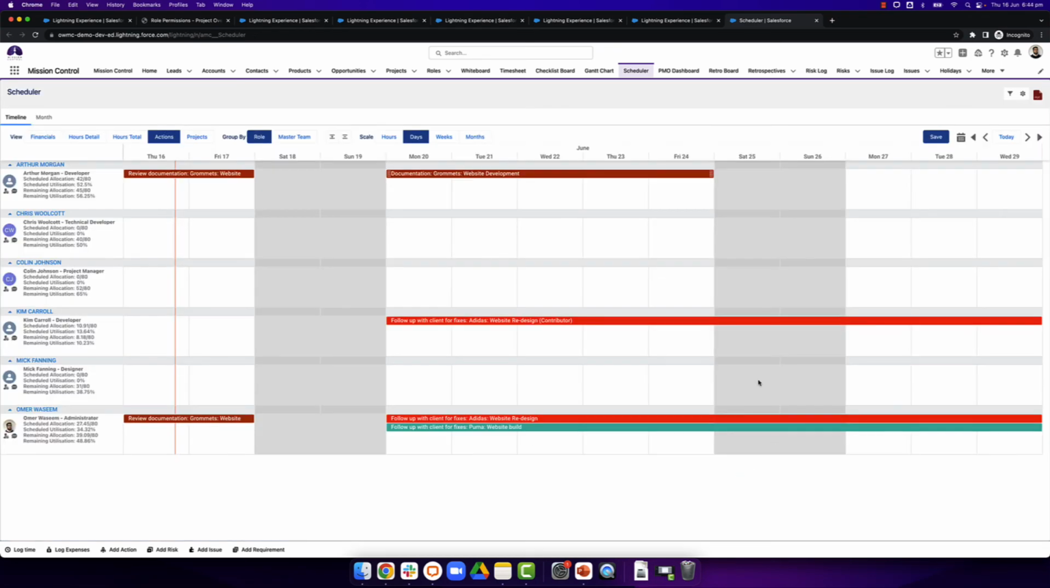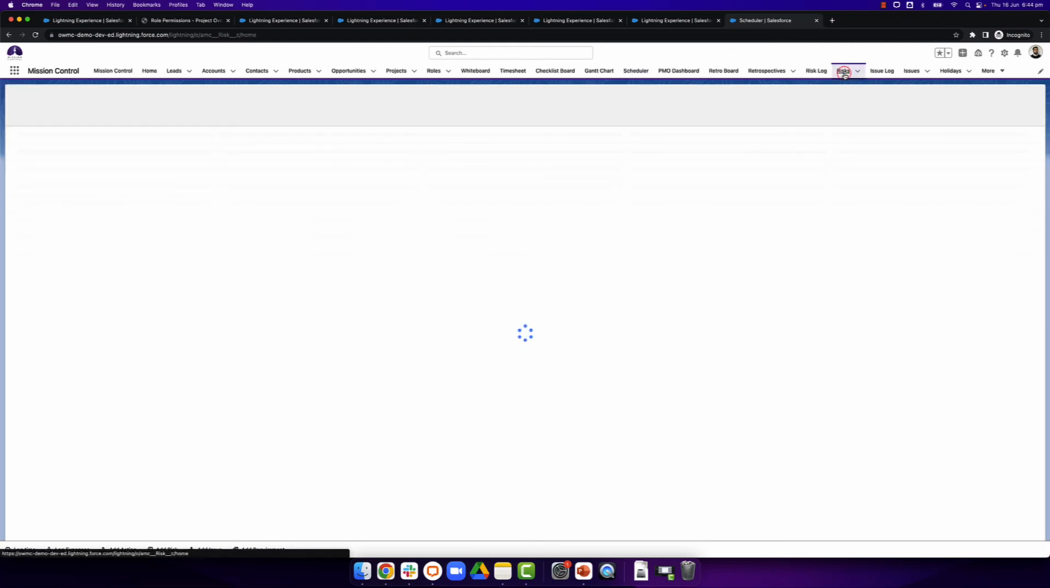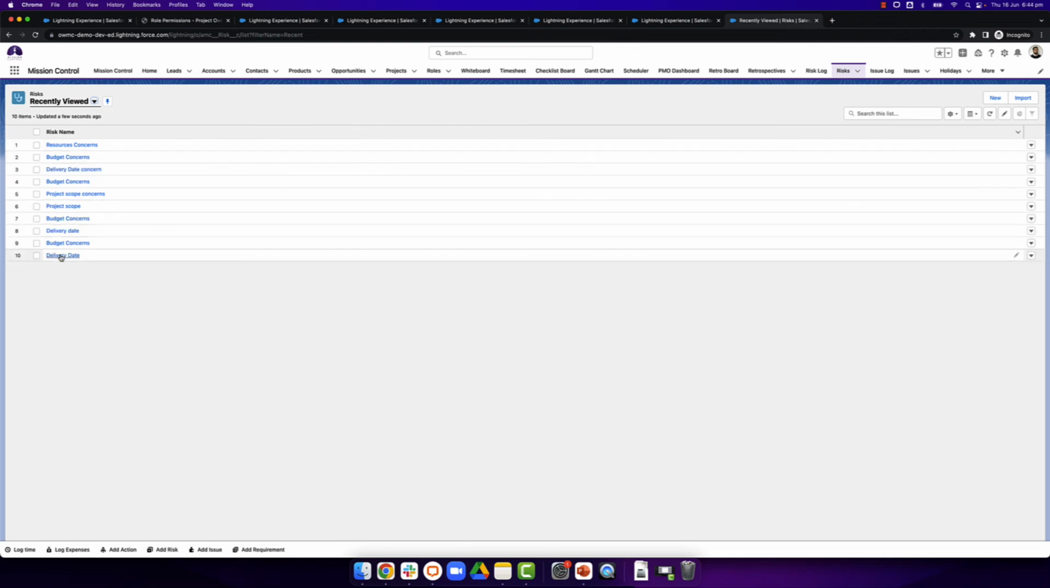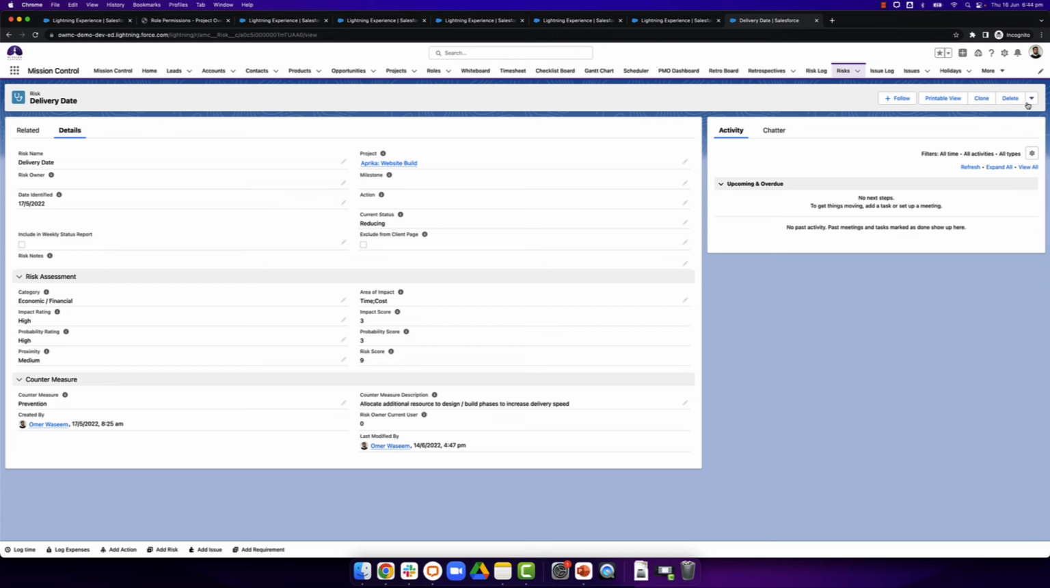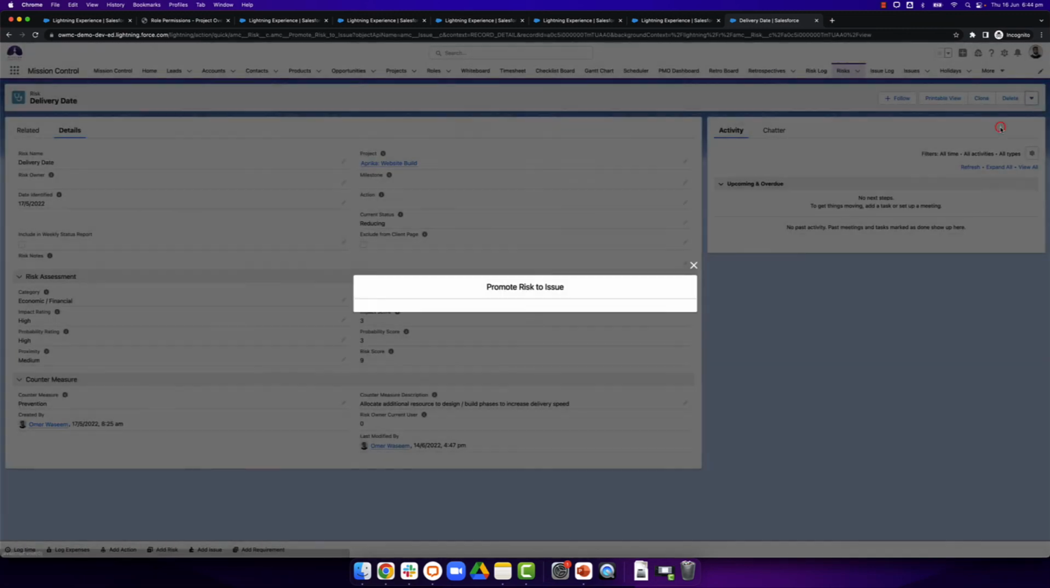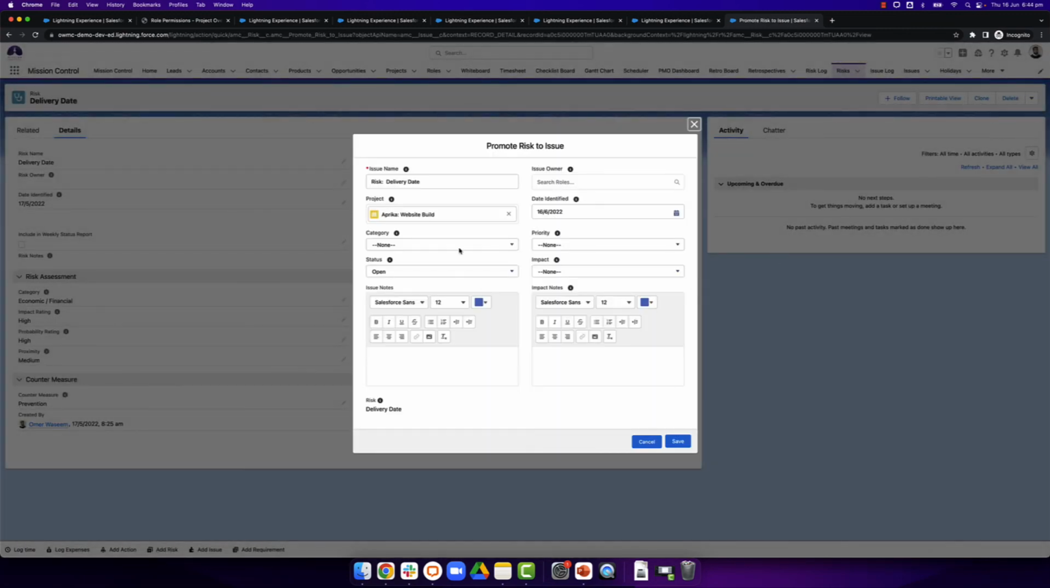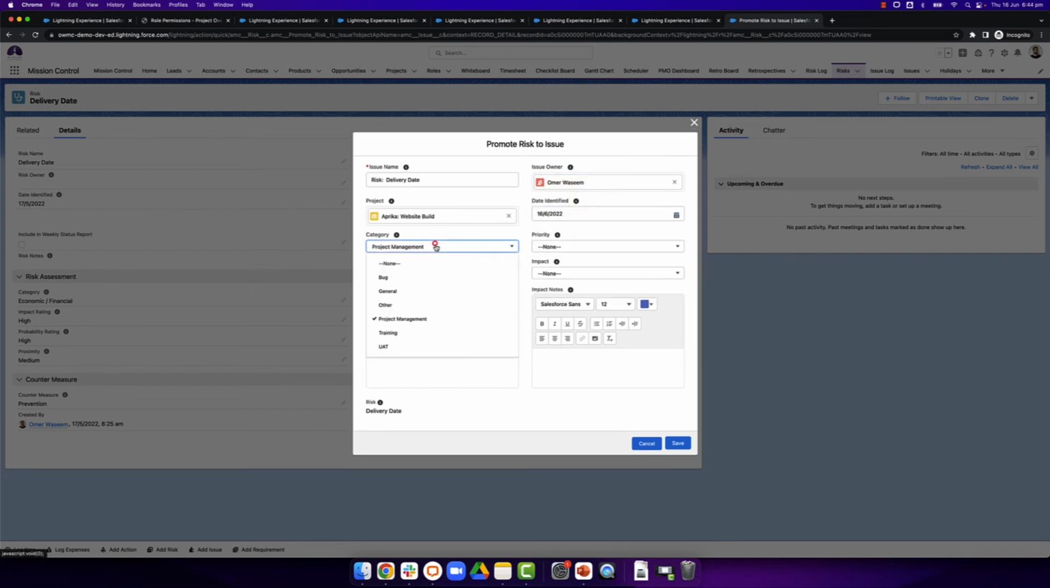And lastly, we can promote risks into issues. So let's go over to the risks tab. I've already got a few risks here, so I'm just going to open up one, and you can click on the promote risk to issue button, or just from here. It will pre-fill some of the details from the risk record. So you're just going to assign it an owner, priority medium, status open, impact high,